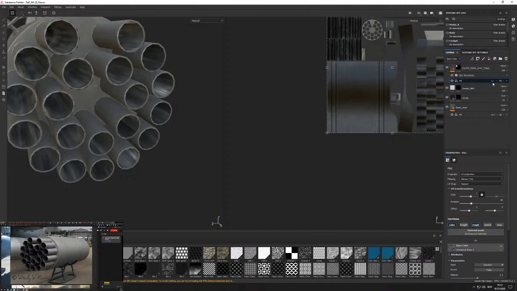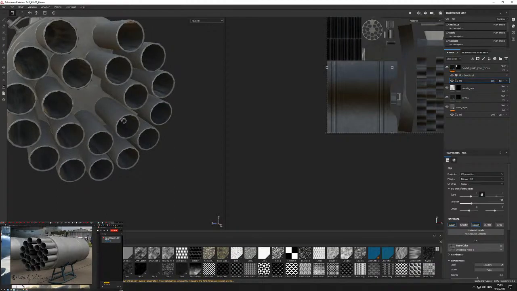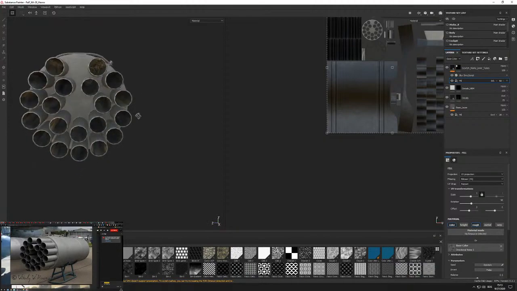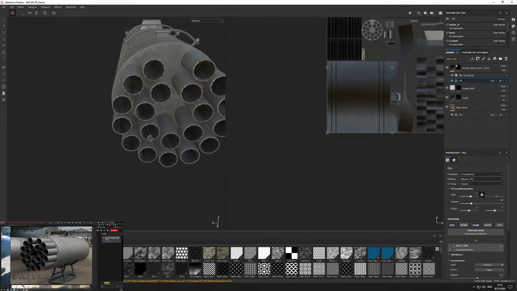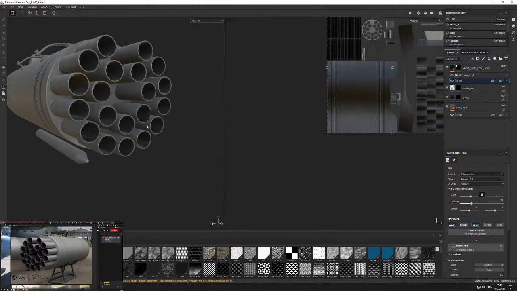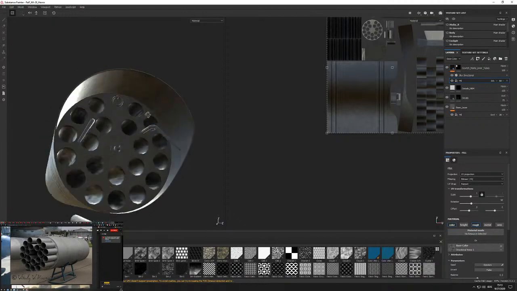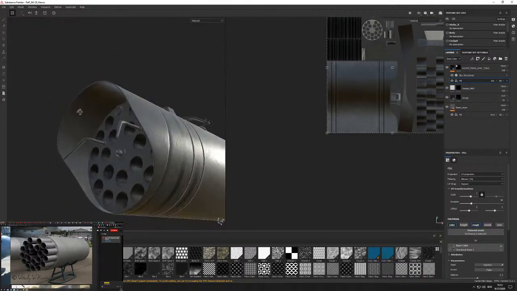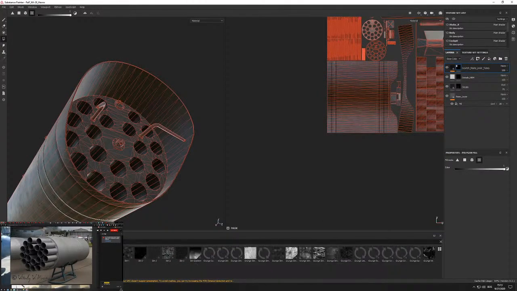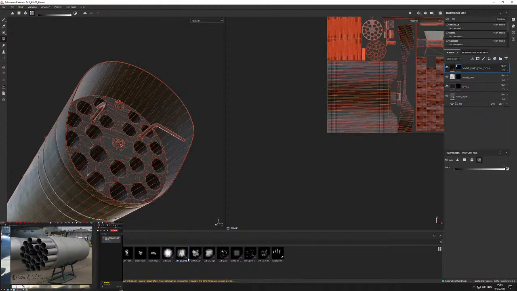Let's try a different overlay. Again, this looks pretty cool. It will be even better in Unreal 4 with some additional lighting. But yeah, we have inner tubes completed. Now maybe to add